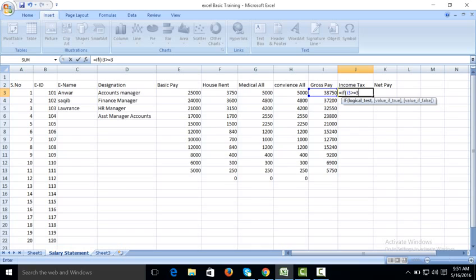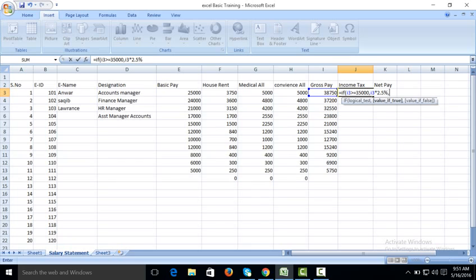Suppose 35,000 or 40,000, 35,000, comma, I3 multiply by 2.5%,